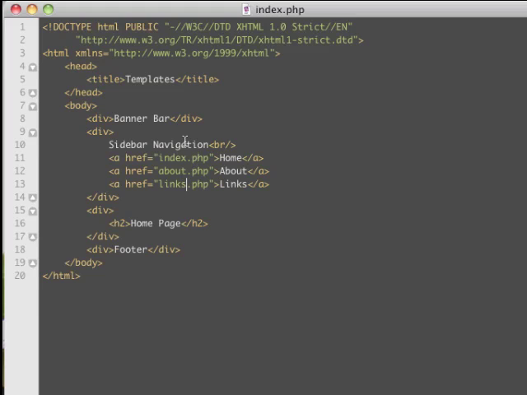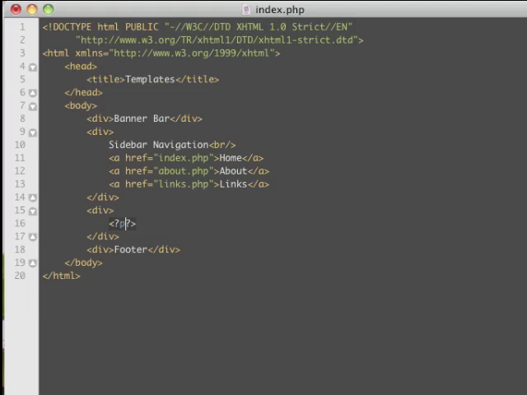Now there are two ways that we can do these templates. The first way I wouldn't suggest doing for your website because it's a little bit harder to add more pages in. But this might be something that you can do if you have a really small website. So we have the base set up here, and right here is going to be where the content goes. Okay, so what I'll do here is